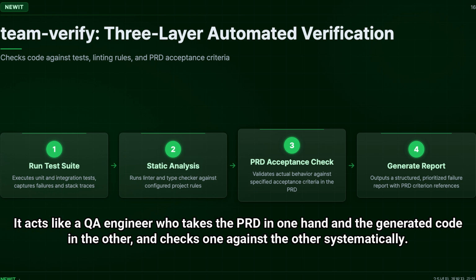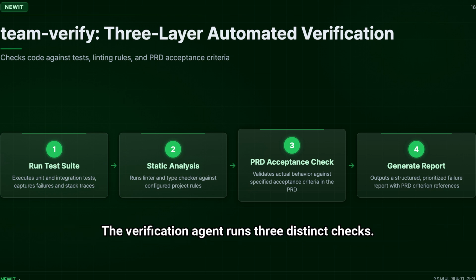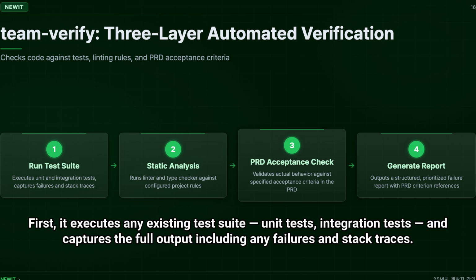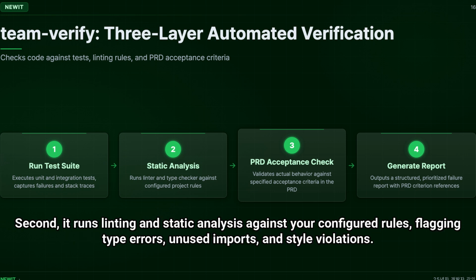It acts like a QA engineer who takes the PRD in one hand and the generated code in the other, and checks one against the other systematically. The verification agent runs 3 distinct checks. First, it executes any existing test suite, unit tests, integration tests, and captures the full output including any failures and stack traces. Second, it runs linting and static analysis against your configured rules, flagging type errors, unused imports, and style